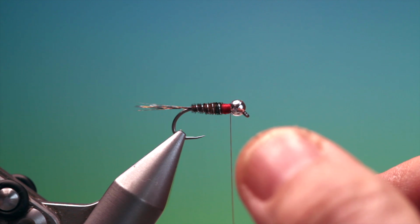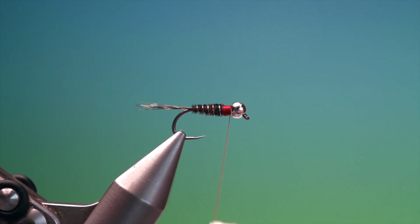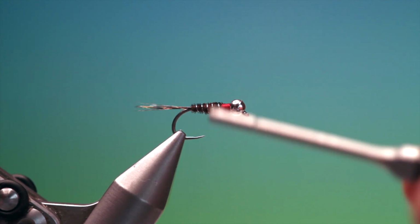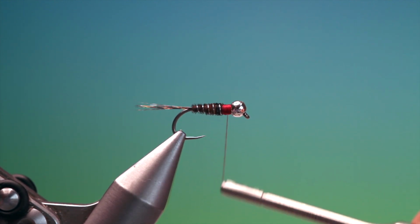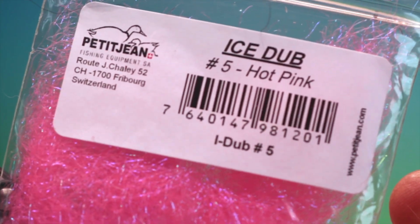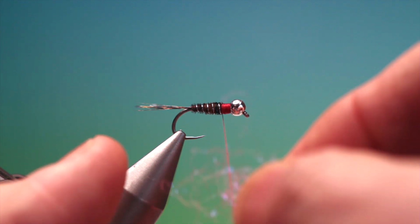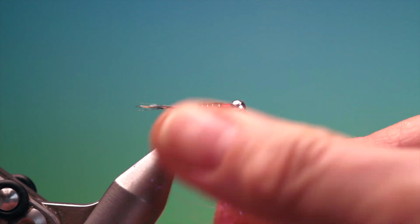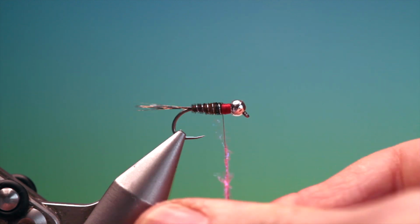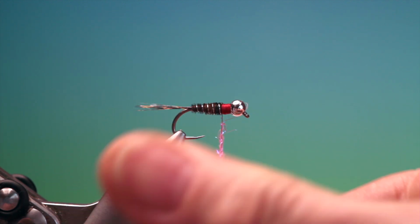flatten our tying thread again. I just want to do the basic hot spot collar, build it up a little like that, and then we'll go back to here. We've got eye stub, hot pink. Don't need much of this, but we want to wrap this into a very tight noodle. We don't want it sticking out everywhere, we want this very neat. I prefer it this way, and we'll just put this,